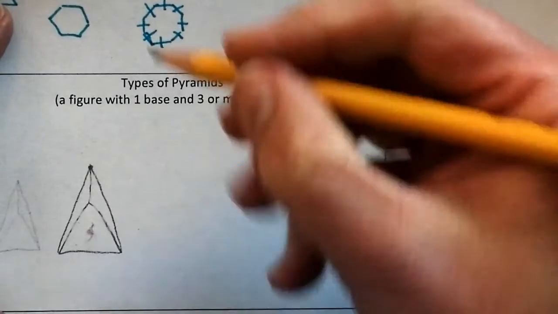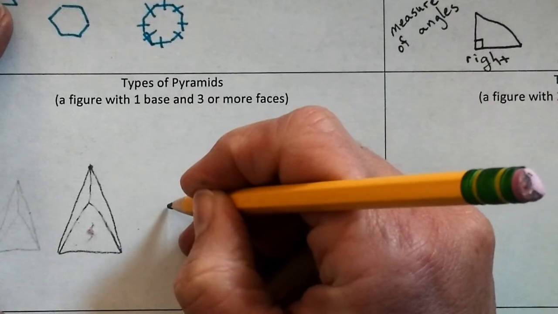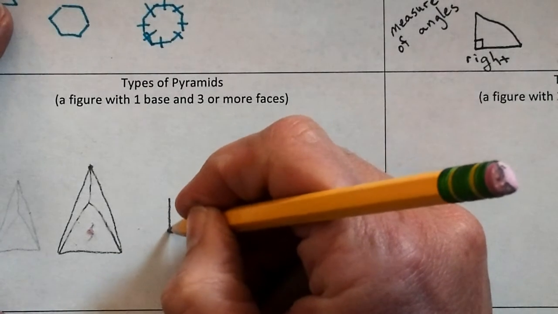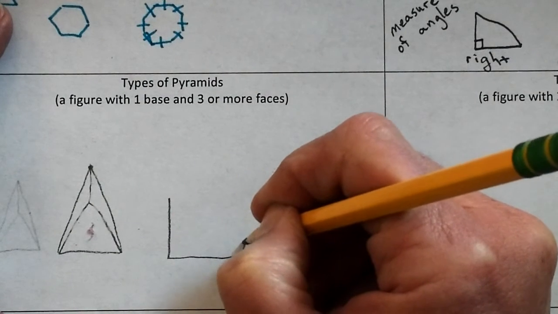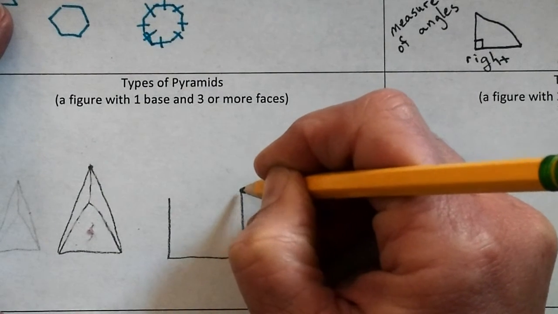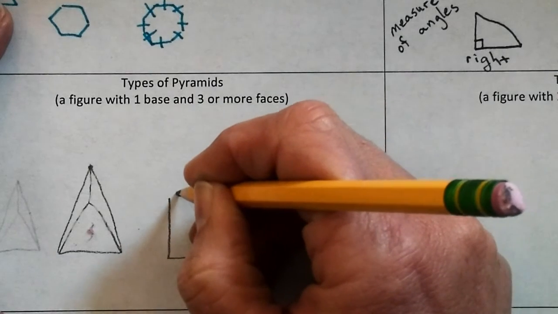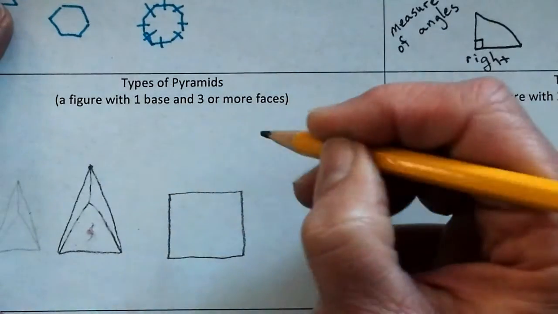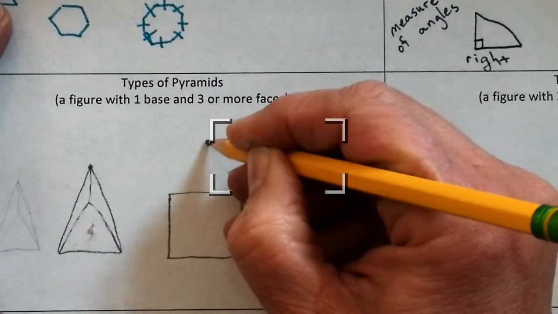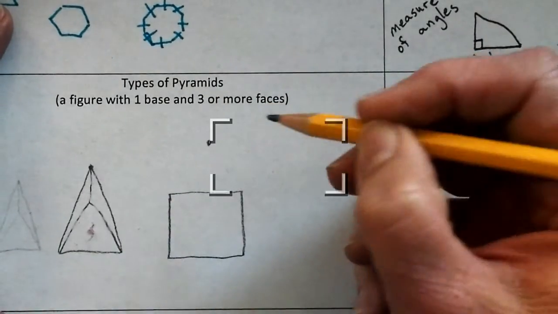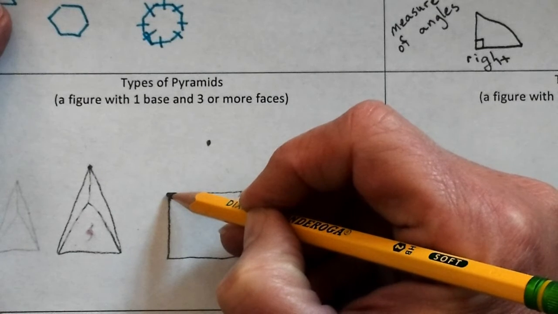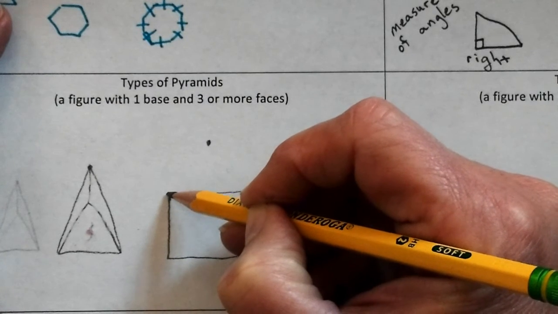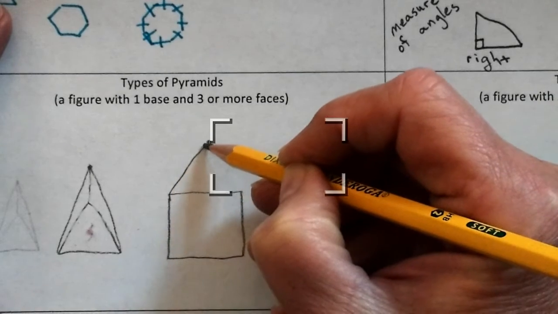Now we're going to move on to a square pyramid. I'm going to start by drawing my base. My base is going to be a square. I'm going to put my point up at the top, and then I'm going to just connect all of those lines to that point. So starting at this upper left hand corner, I'm going to connect it to that point